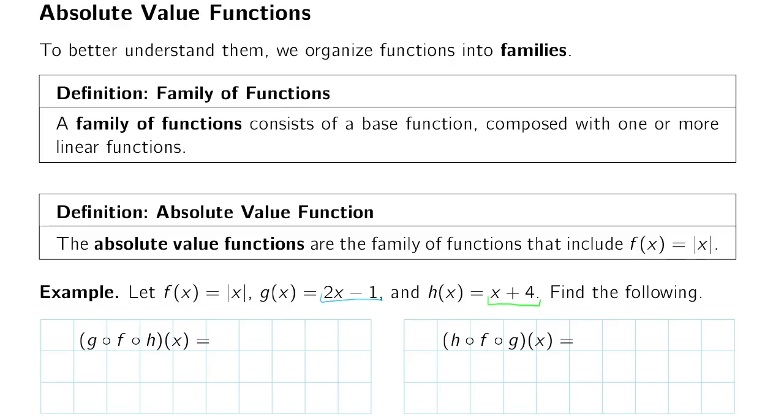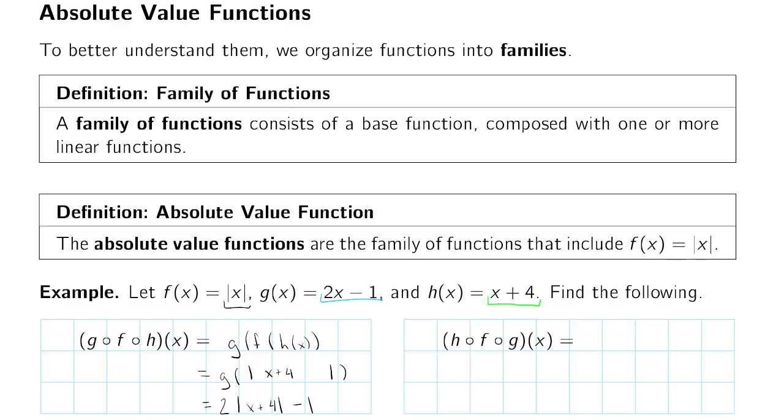If we take g of f of h, that's going to be g applied to f applied to h of x. That's going to be g applied to f, the absolute value, applied to h of x, that's x plus 4. So that's going to be 2 times the absolute value of x plus 4